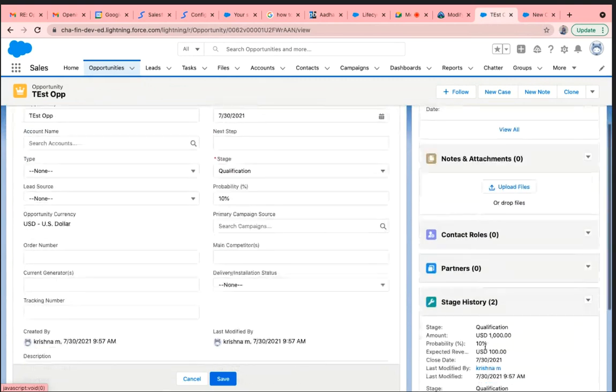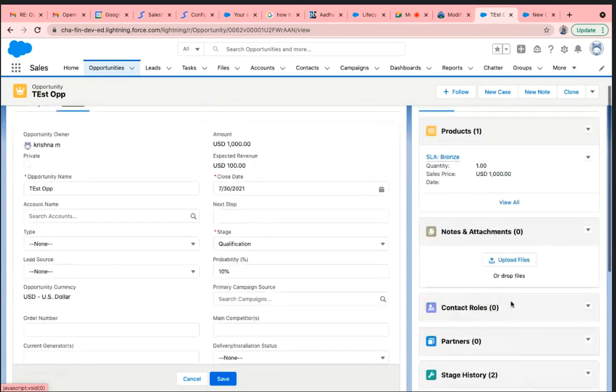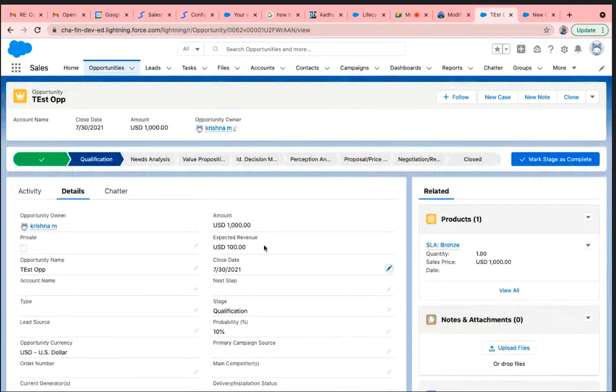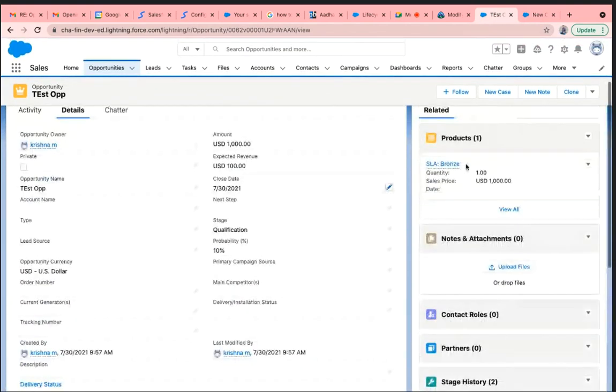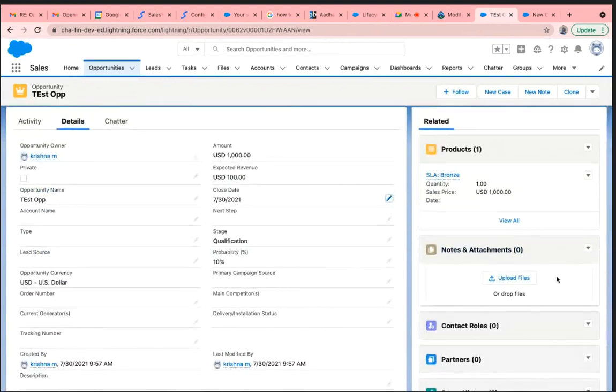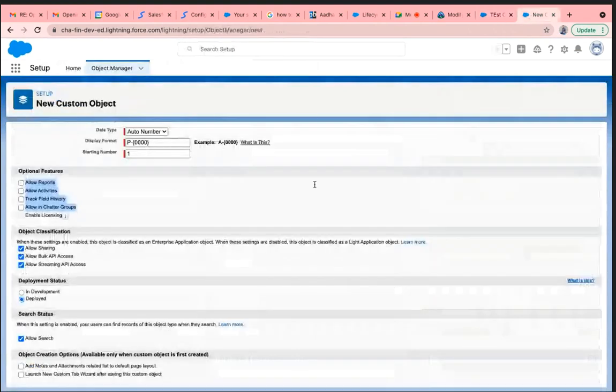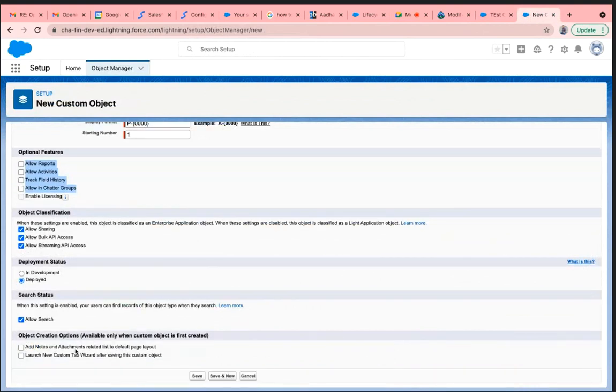All these things are associated with this record, meaning the opportunity. Similarly, if you want to provide this option, you have to enable notes and attachments for this object. Once you have not enabled and saved it, you can't come back and provide this option. Okay, so yeah.